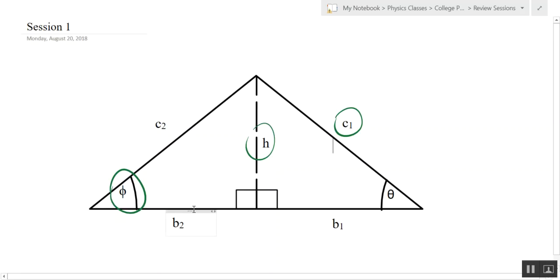Okay, so if you read the question, the area of any triangle, including right triangles, is 1/2 the base times the height. So the height,